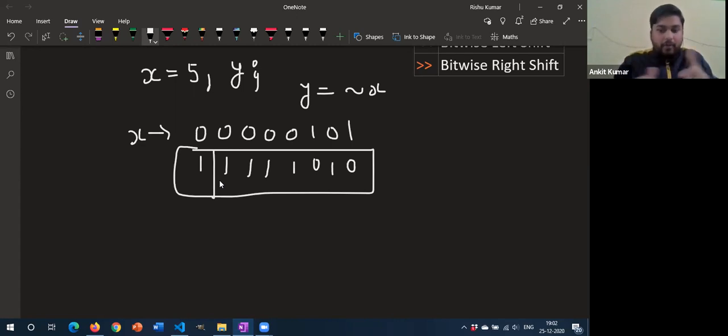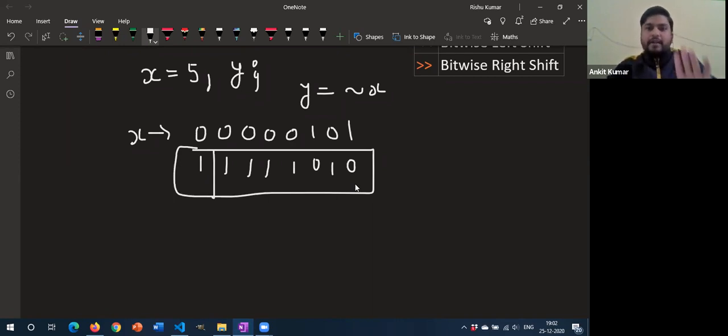So if you want to get the positive number, you'll have to again take its complement. Okay, so when we applied not, I'm repeating everything once again. You have 5, you want to perform not on this. Just convert it into binary and do the not operation. So wherever you see 1, convert it to 0, and all zeros to 1. So you did this, and you are seeing that in the most significant bit, you have 1. It means the answer is going to be negative.